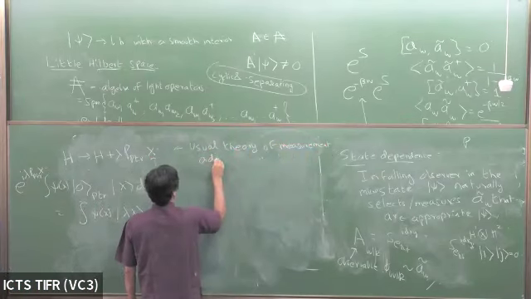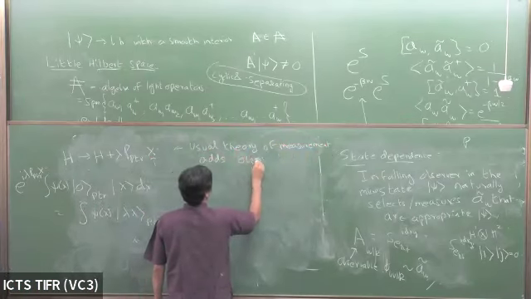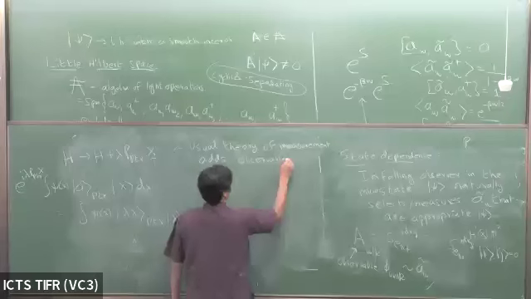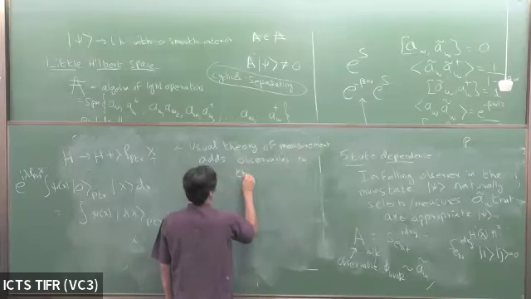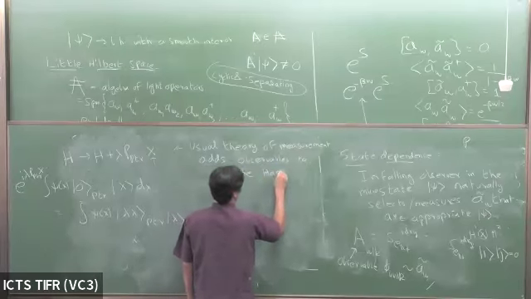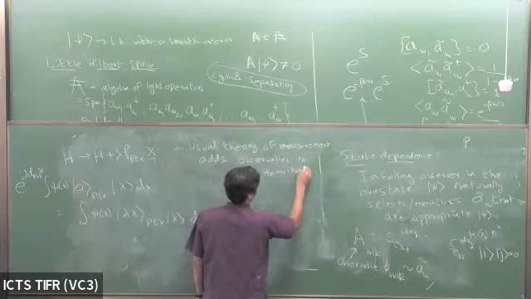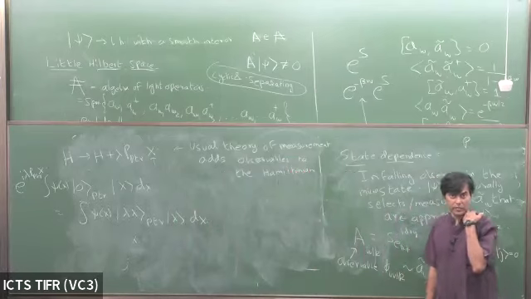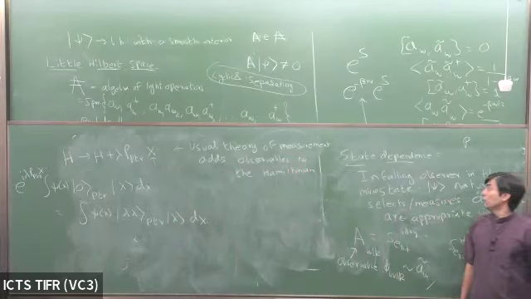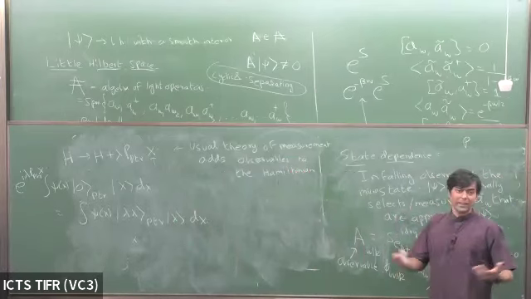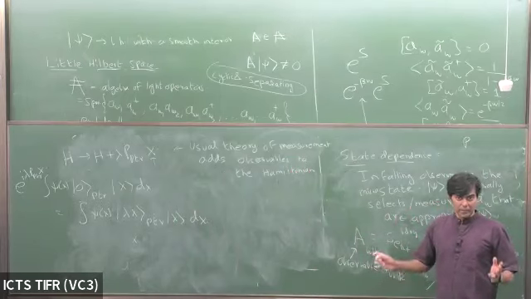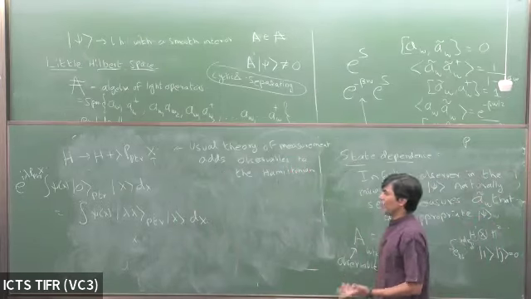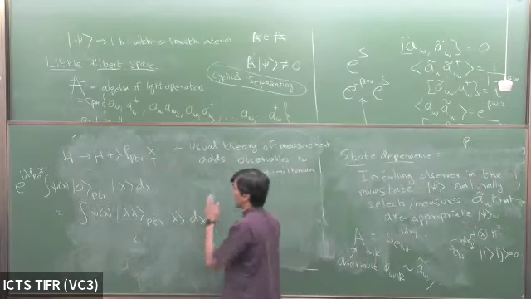adds observables to the Hamiltonian. But you clearly can't do that with the entanglement entropy. Okay, if you try to do that with the entanglement entropy, you'd be in trouble. So that means that maybe you can't do it for the bulk area as well, but then how do you measure the area? Now, if this was just an ordinary quantum field theory, ordinary quantum mechanical system, you'd say, well,